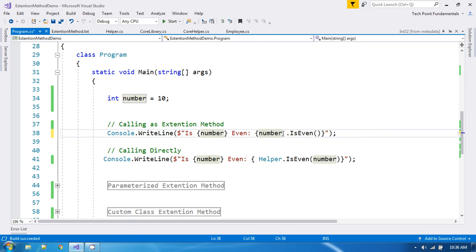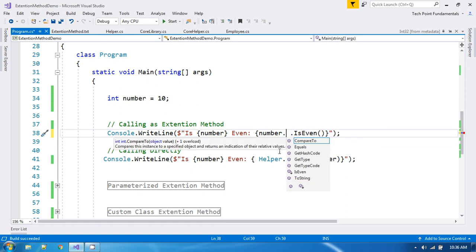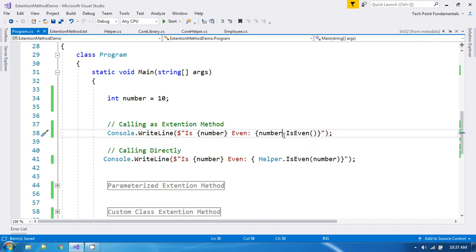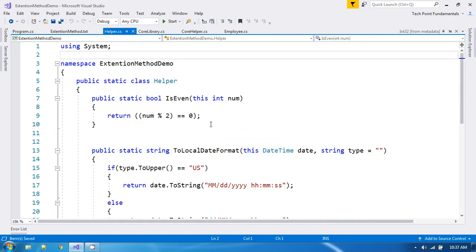When you press dot here, you are getting IntelliSense that this is even method is part of this type integer, and this number is nothing but a variable here, and this variable type is integer, and you can see that it is a method which is defined in the integer type itself, right? But if you want to use this extension method without any type here,